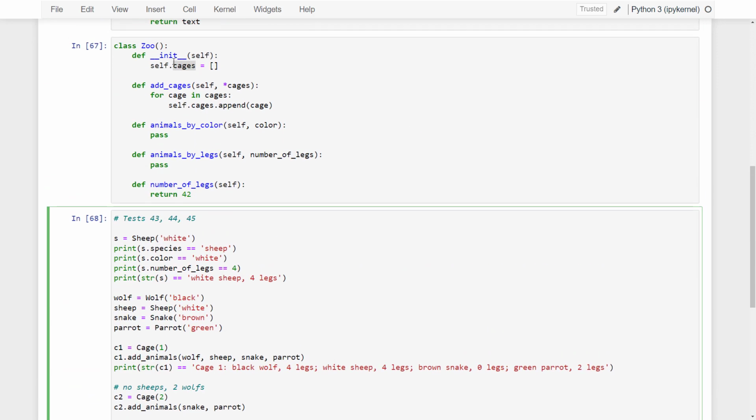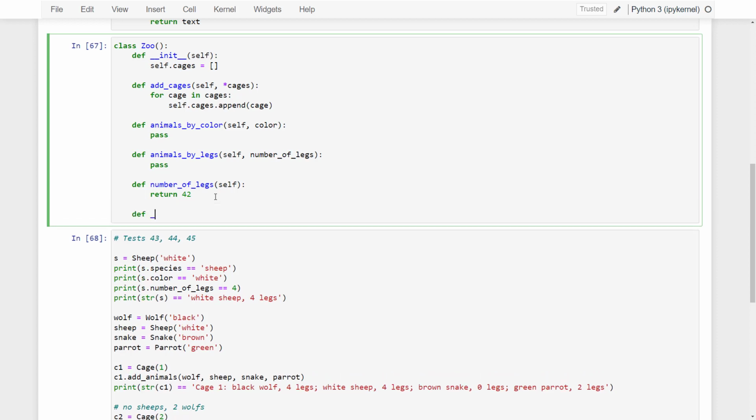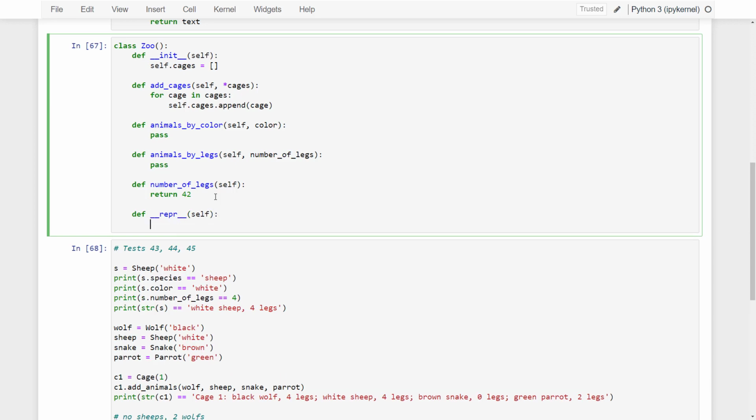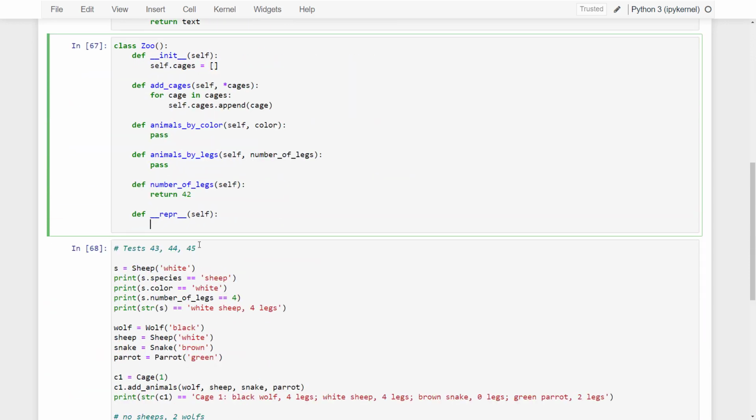What should we do next? We have the cages, we have the init, which somehow work. And let's work on the debug form, which I usually put at the end. I don't know, this is how I do it. Init on the top, debug on the bottom. I'm not saying it's a good or bad idea. So we just return